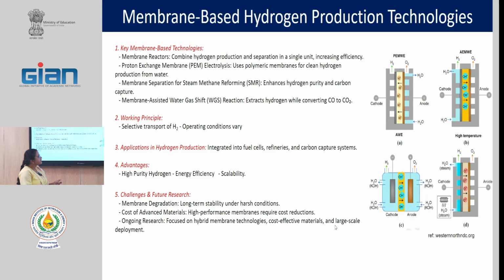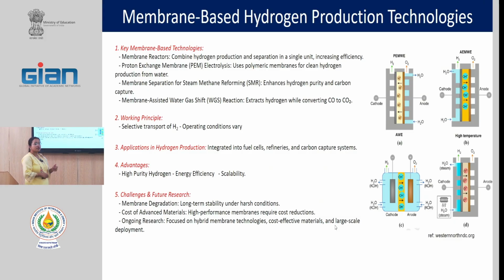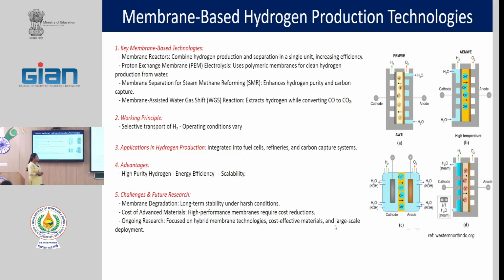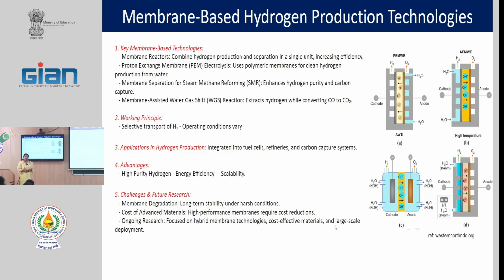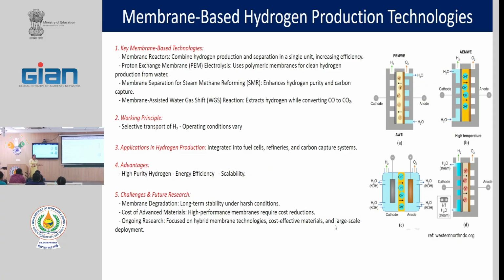They are integrated here, this PEM or electrolyzer. Here we have integrated this PEM membrane between the anode and cathode, where it is efficiently blocking the intermixing of hydrogen and oxygen and also selectively transporting them. Now one challenge which is still remaining, which we need to address more to have a widespread